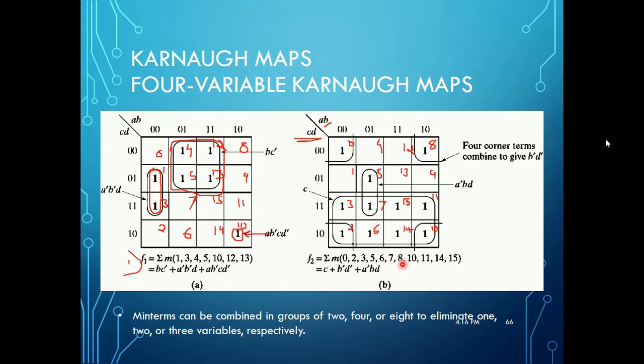Eighth, there you fill 1. 10th position also you fill 1. 11th position also 1. 14th is 1, 15th is 1. The rest, whatever is left out, we fill with zeros. Even if you don't write anything, it's considered as zeros. After doing this step, what you have to do now is